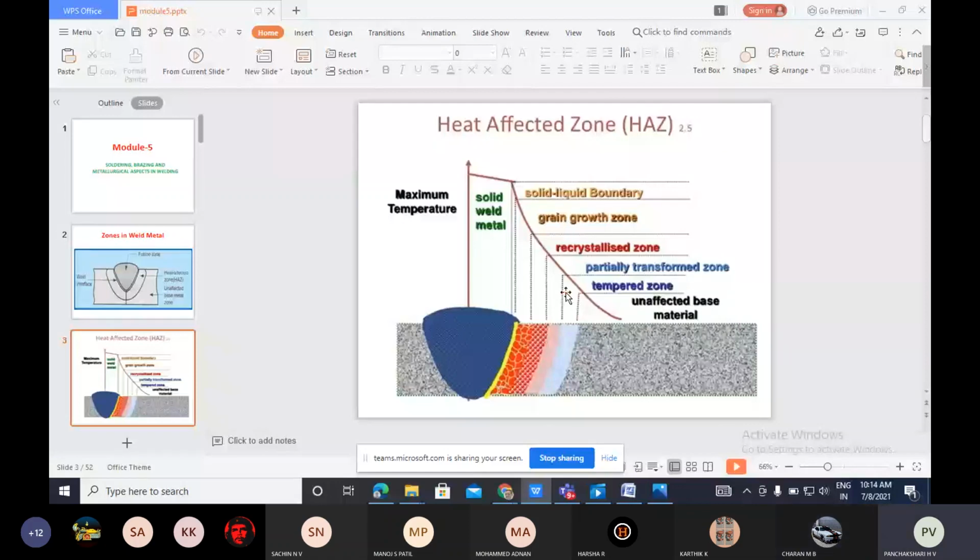Yes, sir. Okay. Severe temperature at the center. Gradually, the temperature goes on decreasing with increase in distance. So you can see the different bands: yellow band, dark red, light red, pink, and white or gray you can call. So these different zones are formed.